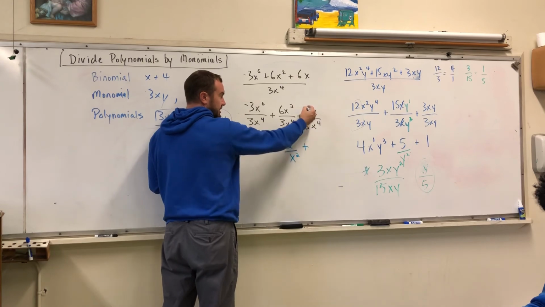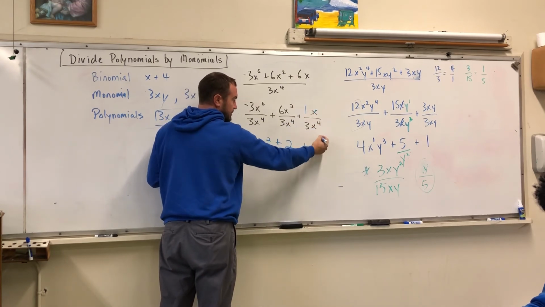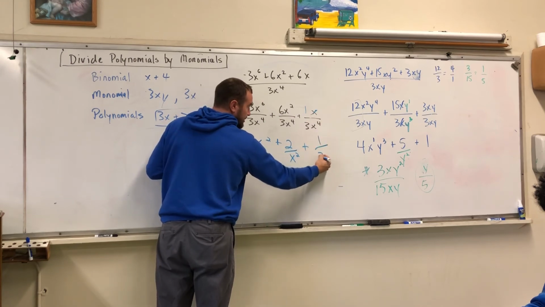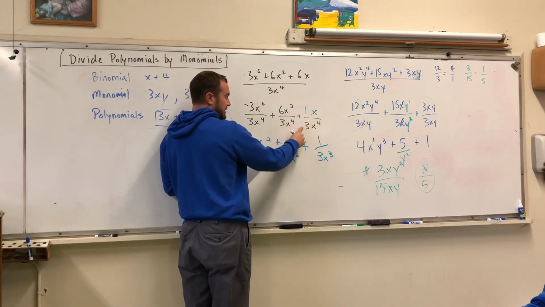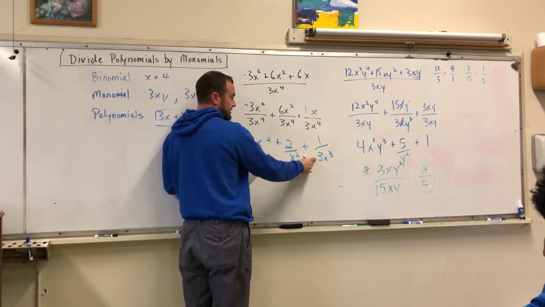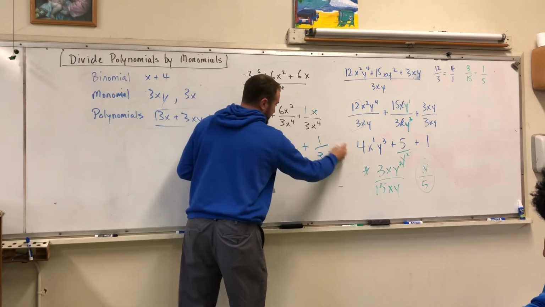Plus, this is like 1/3. These cancel out. This x can't, so basically you're left 1 over 3x to the third. Recognize what happened there. The division of the 1 kind of left this as a fraction, like a 1 over 3. X, you have 3 more on the bottom, so here's your final answer here. That should cover